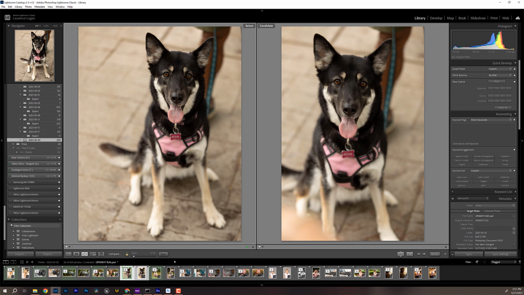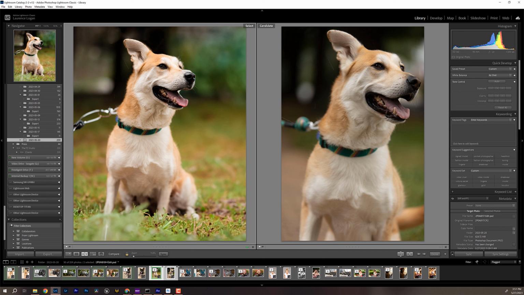And even here, I was able to completely expand the photo out, add this grass. You can see the generative fill unfortunately got rid of the dog's tail, but you could just say it's behind the dog. It even unfortunately replaced the collar too, but it is what it is. You know what I'm saying? I got a much better picture out of it.